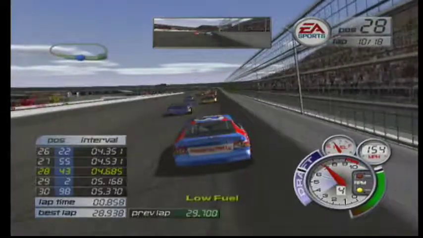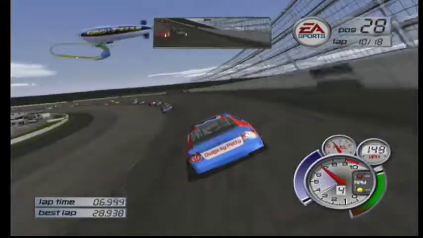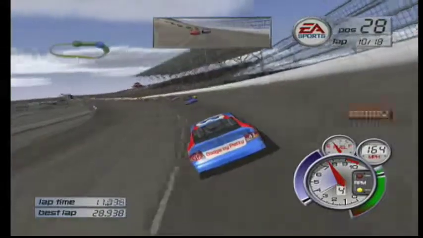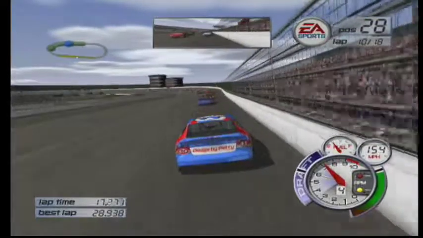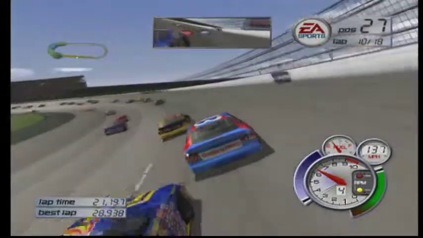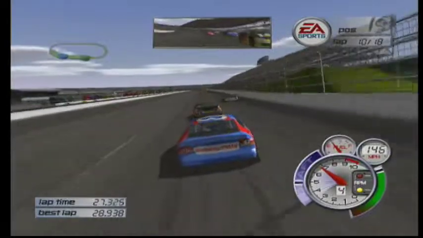Alright, so we're coming up on lap 9. Low fuel, that's not good. I'm going to try and stretch it, so hopefully a bunch of people pit this next time around. I'm going to try and conserve by just drafting and letting go of the throttle. Beautiful. See a bunch of the field are pitting right now, and I'm going to try and get at least